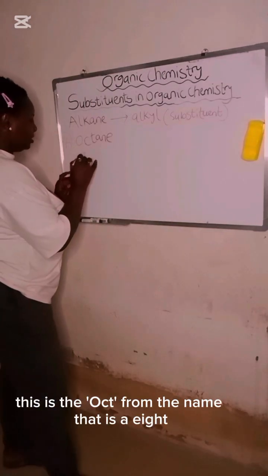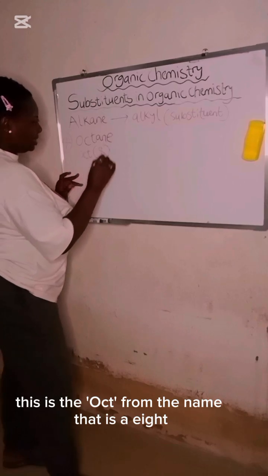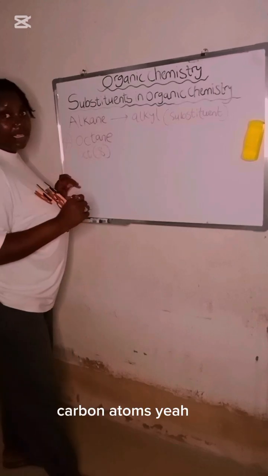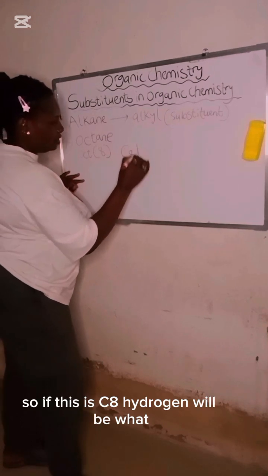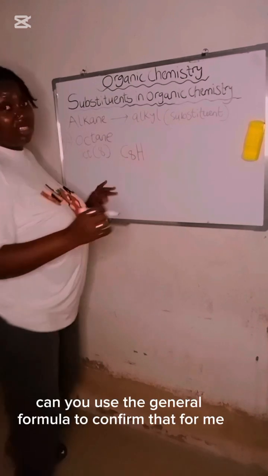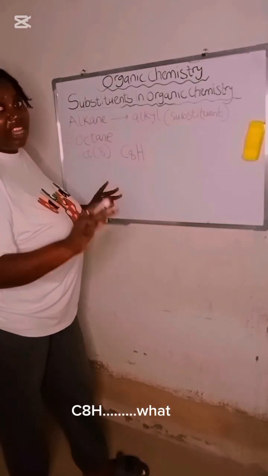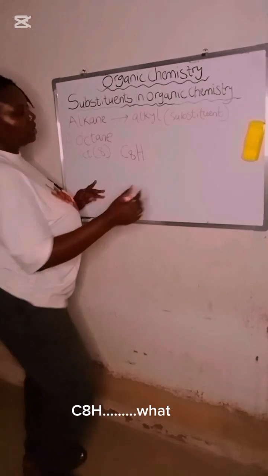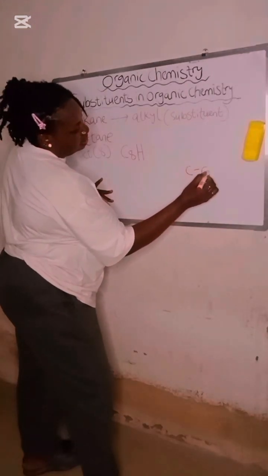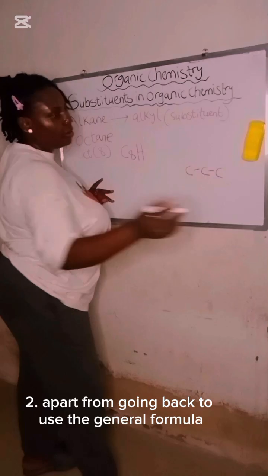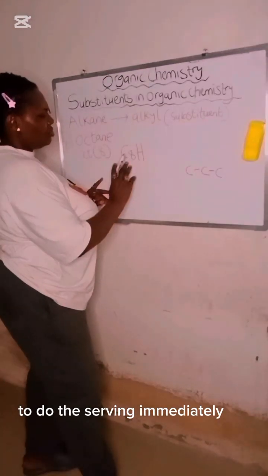From the name, that is 8 carbon atoms. So if this is C8, hydrogen will be what? Can you use the general formula to confirm that for me? C8H what? Apart from going back to use the general formula to do the solving, immediately you see